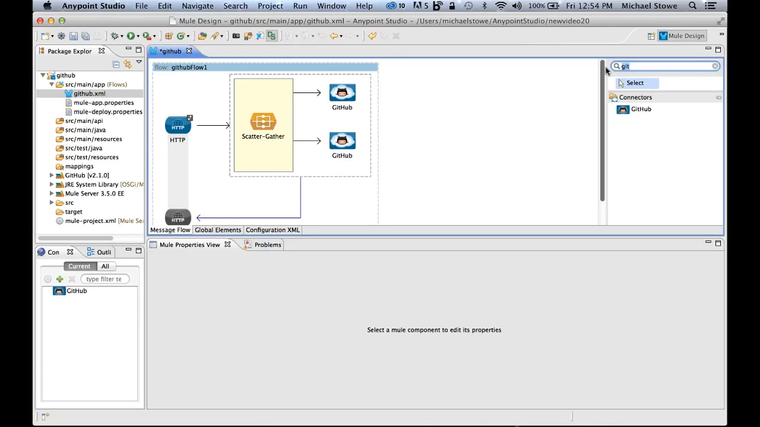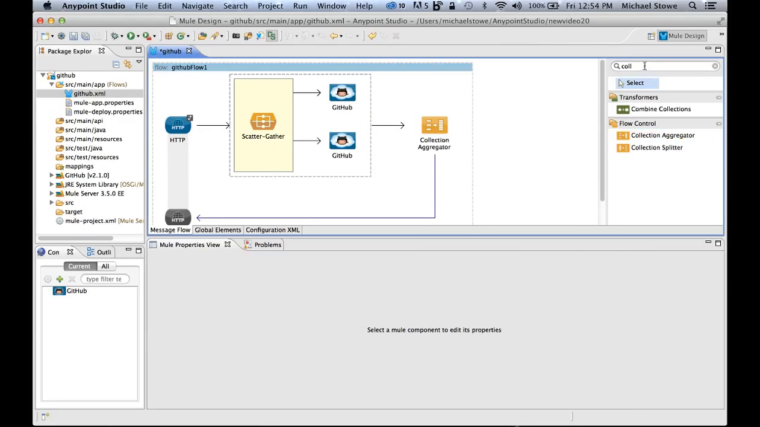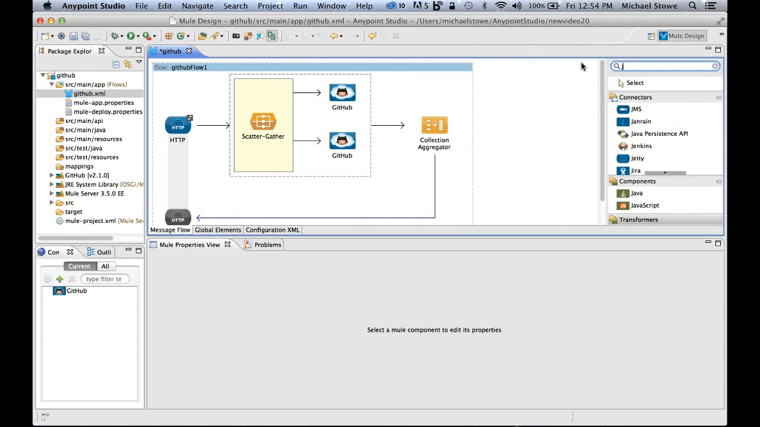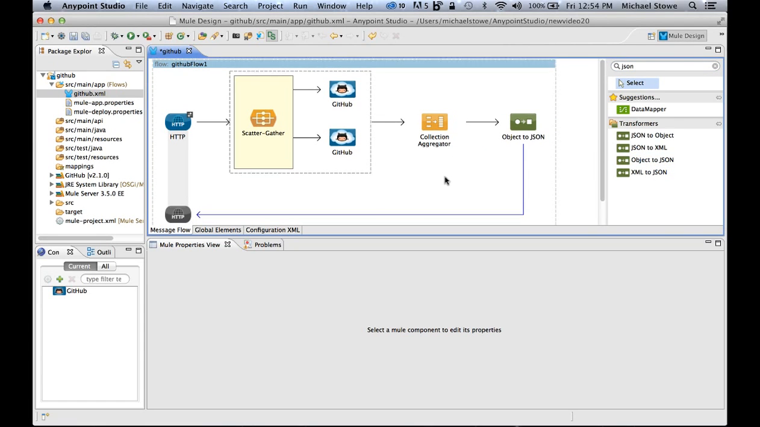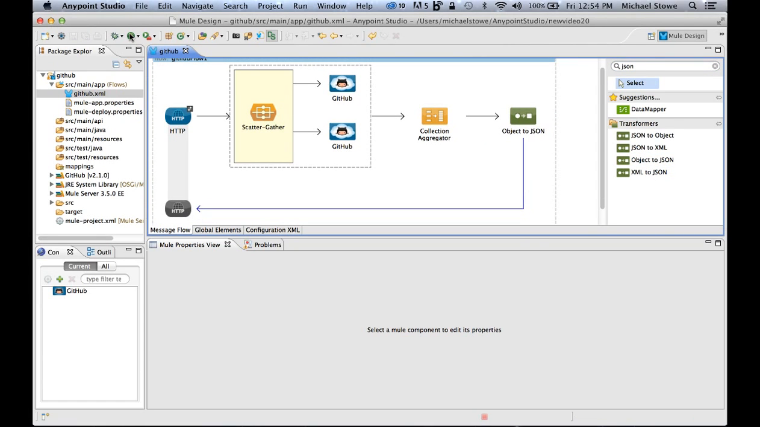But I want to go a bit further. I want to take both these different collections and combine them into a single result. So I'm going to grab the collection aggregator, drop that in. And this is going to return me an object with all this data in it, but I don't want an object. I want this returned in JSON format. So I'm going to grab the object to JSON transformer and drop that in as well. Now if I click save, click play here,